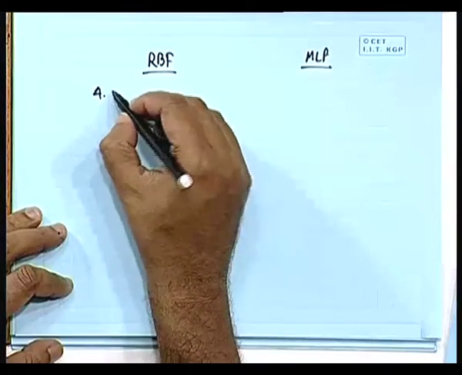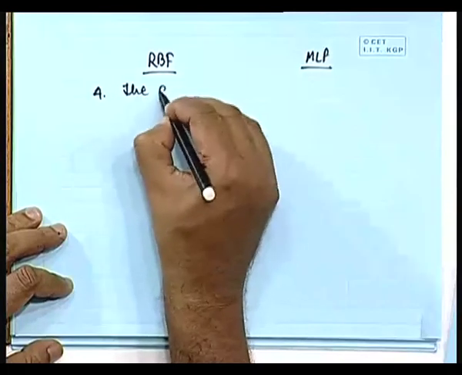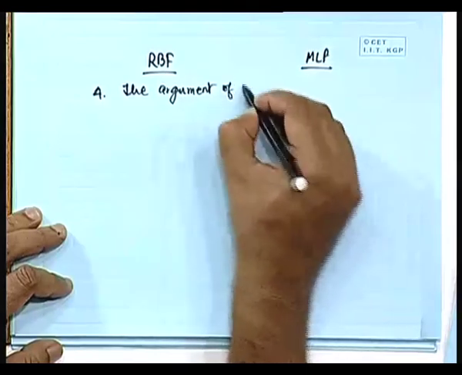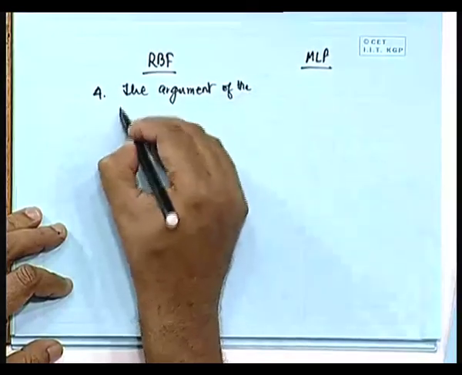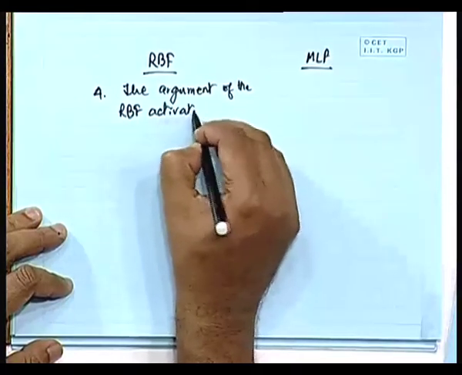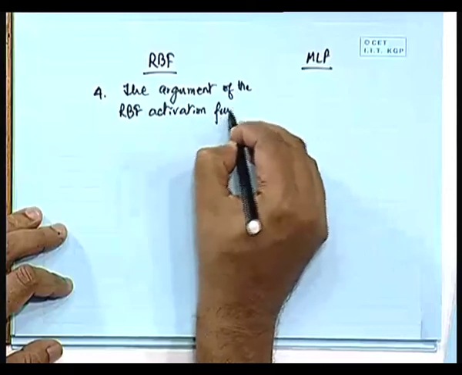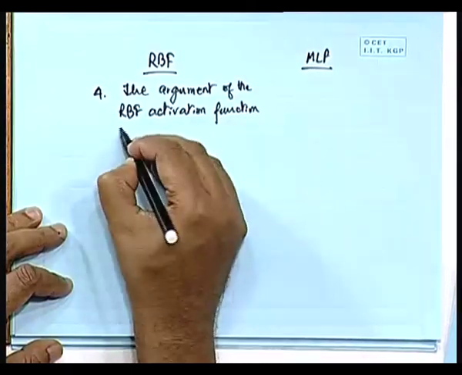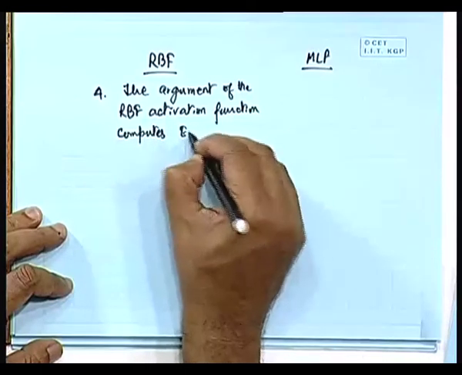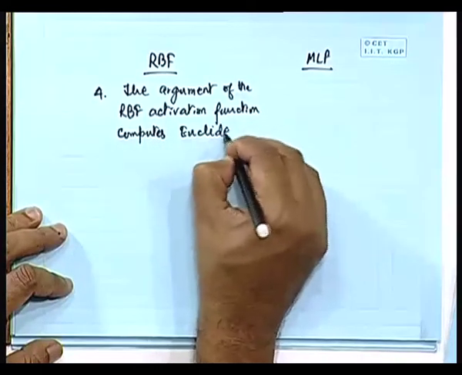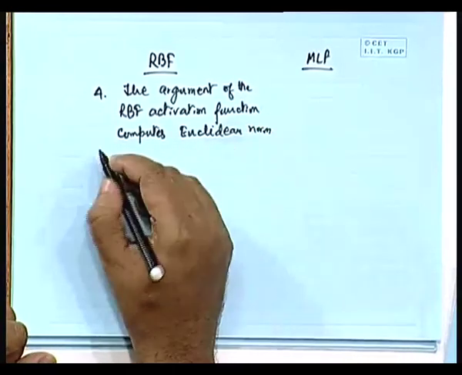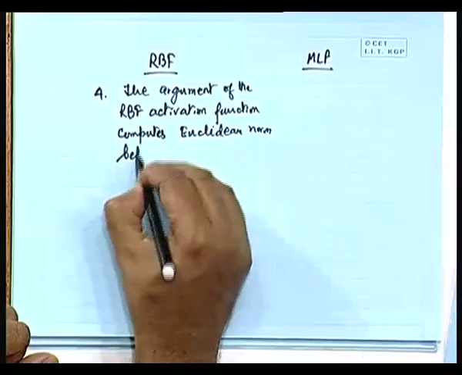The argument of the activation function of the RBF activation functions computes the Euclidean norm or weighted norm, whatever, okay, between the input vector and the center,